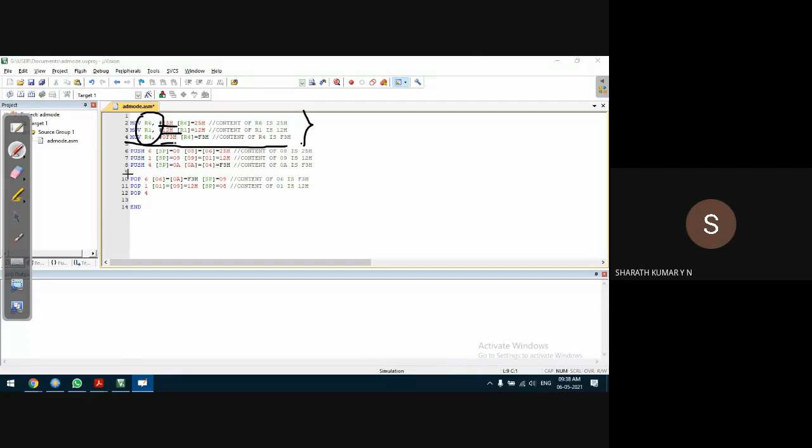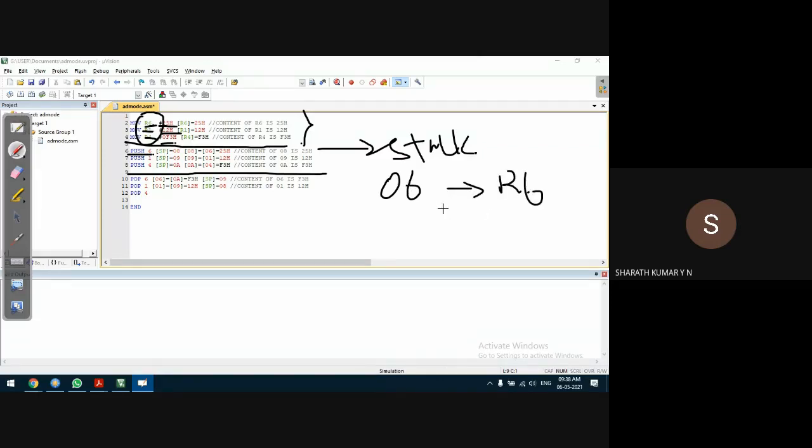In the next 3 lines, we load the content of R6, R1, R4 onto the top of stack memory using the push instruction. Push 6. 6 means address 06. Address 06 corresponds to register R6. Similarly, 1 corresponds to 01. Even if we write only 1 in the program,